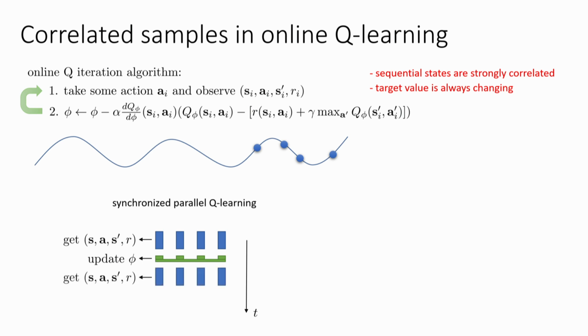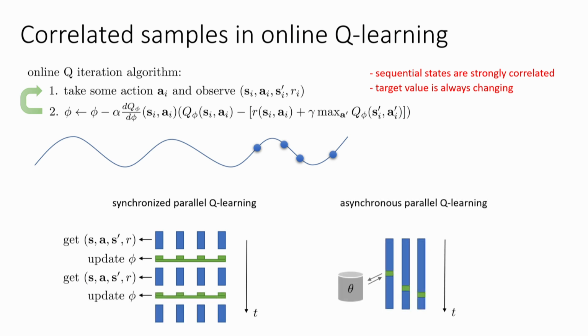You're still correlated in time, but at least now you have batches of size more than one. So that's the same as for actor-critic. So if it was good enough for actor-critic, surely it's good enough here. But it still doesn't fully resolve the correlation problem, and while for actor-critic we didn't have any other choice because actor-critic had to be on policy, with Q-learning we actually have a better option. So you could do the parallel thing, but there's actually a much simpler and much better solution to this issue that we can use for Q-learning that was not available to us for on-policy actor-critic.